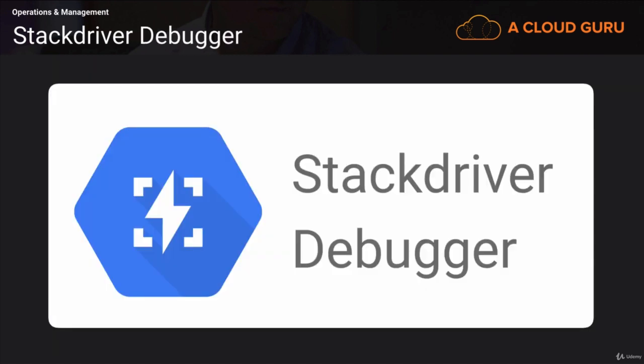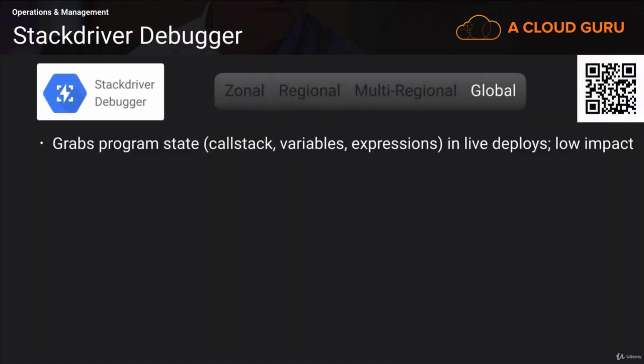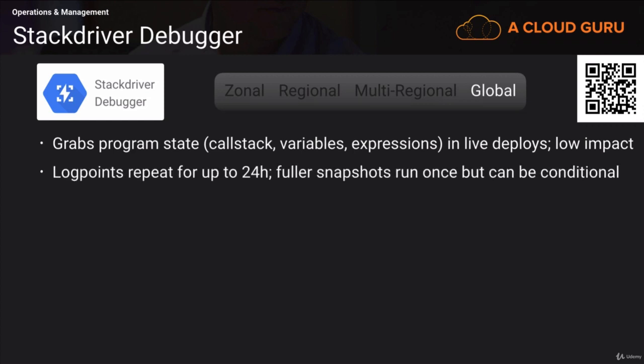Next up we have Stackdriver Debugger. This is a service that can grab program state, including call stack, variables, and expressions, from live deployments with very low impact. You can set log points that will fire every time that particular piece of code is hit for the next 24 hours, or you can set a snapshot point that has more information, and although that'll only run once per time you enable it,